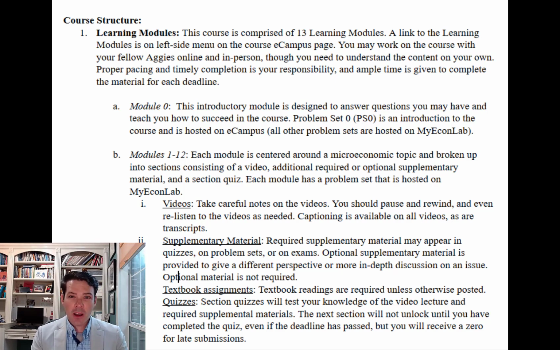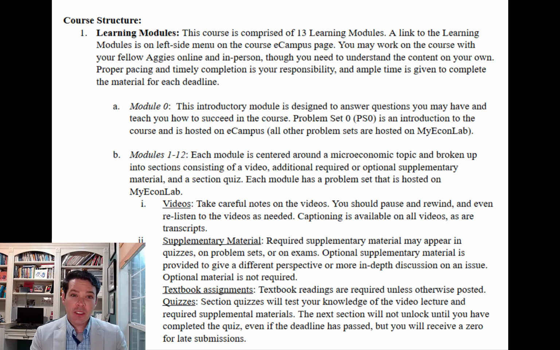Each of the substantive modules focuses on a topic and has between 6 and 12 sections. Each section has one video, like the one that I just showed you, followed by a feedback form. Many of them have supplemental material. It might just be a short clip of the concept explained a different way, which can be helpful, or a news article with an interesting application. They're rarely required, but when they are, we have to keep the students honest by having it be fair game for the exam. There's a link to the relevant section of the textbook if applicable, and each section has a